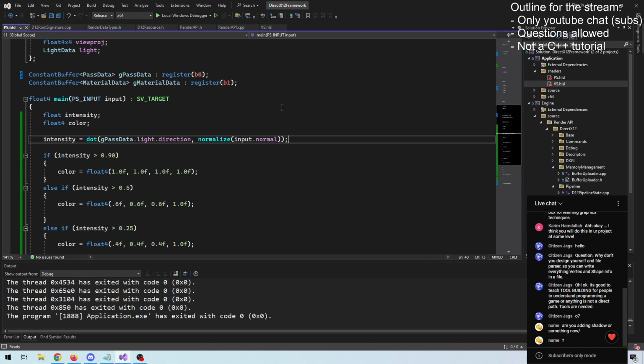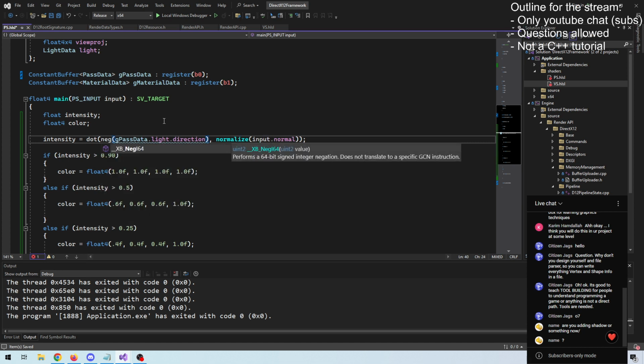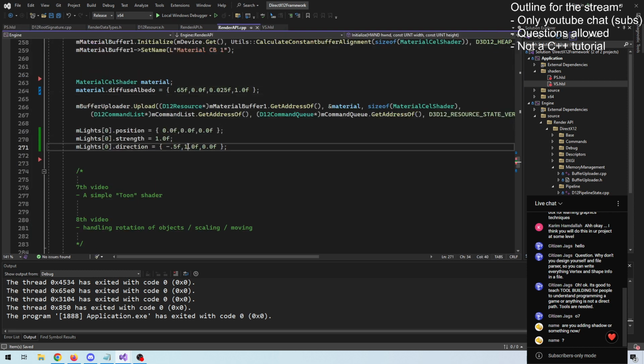If they are pointing in the same direction, it means that yeah, actually we could negate one of these, because right now can we do that? Maybe we can do minus. Yeah, we can actually do minus because I want to change this so that it actually points downwards. Anyway,